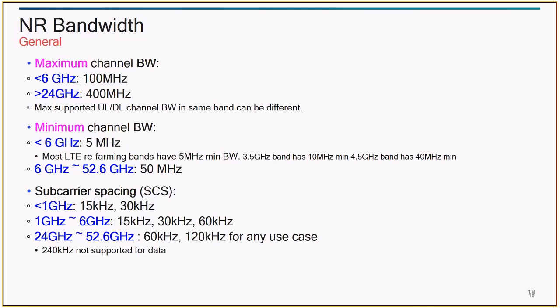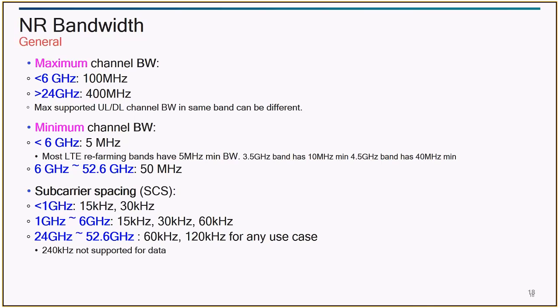So for subcarrier spacing, initially I told you could have multiple carriers in 15, 30, 60, 120, 240 to make the system a little more reliable and a little less complicated. In the LTE refarming bands, you would typically have 15 and 30 kilohertz. Between 1 gig and 6 gig, you would have 15, 30, and 60. And for millimeter wave, it is 60 and 120. 240 is used only for SS block, and it is not used for any other data channel.